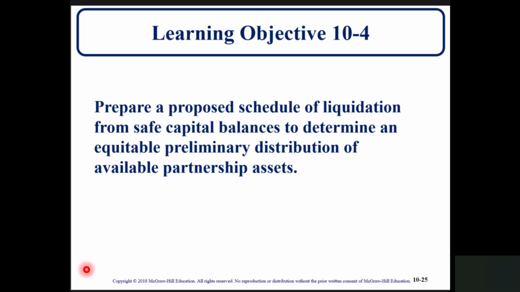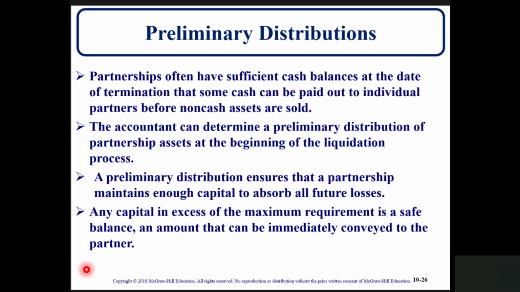So learning objective 10-4: prepare a proposed schedule of liquidation from safe capital balances to determine an equitable preliminary distribution of available partnership assets. So, preliminary distributions. Partnerships often have sufficient cash balances at the date of termination that some cash can be paid out to individual partners before non-cash assets are sold. The accountant can determine a preliminary distribution of the partnership assets at the beginning of the liquidation process. A preliminary distribution ensures that a partnership maintains enough capital to absorb all future losses. Any capital in excess of the maximum requirement is a safe balance, an amount that can be immediately conveyed to